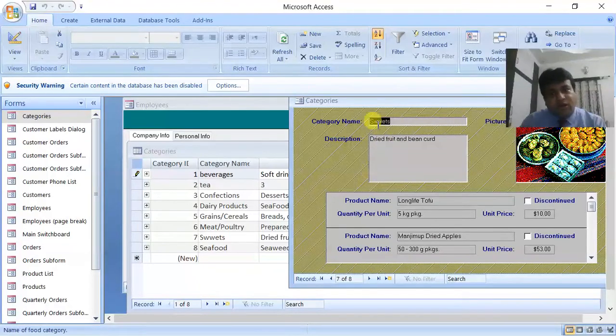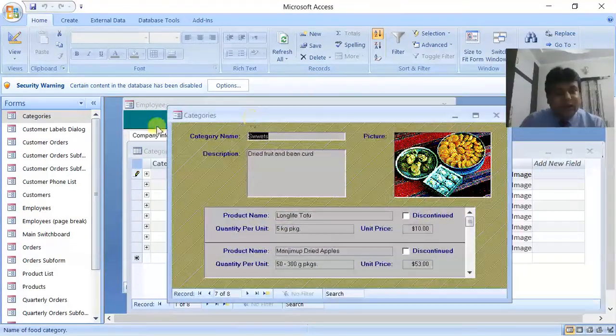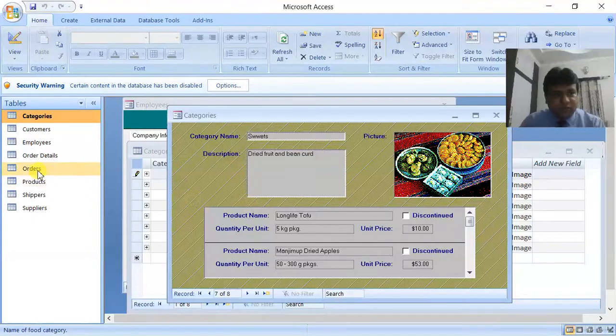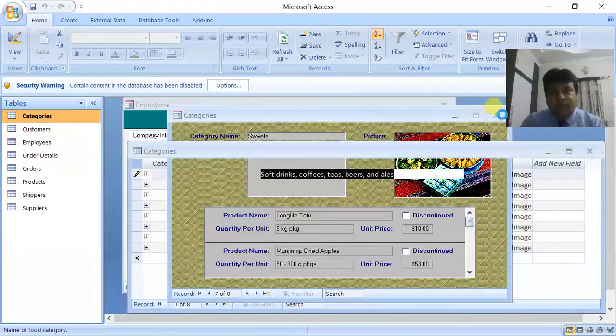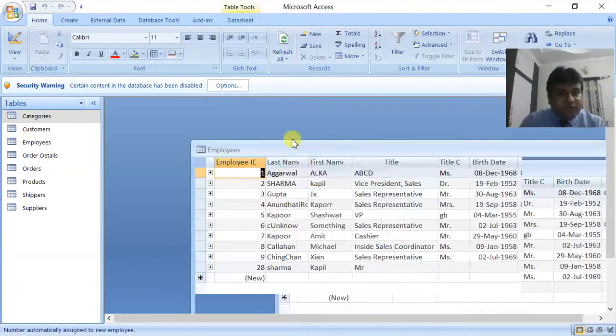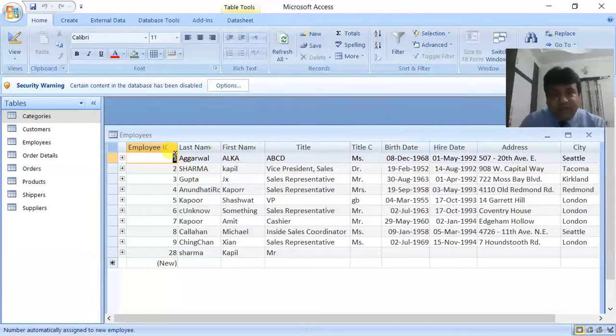Okay. So I hope you have understood that these are the front end things, and in the back end there are 8 tables. Okay. So now the question comes, why 8 tables? Why not 18? Why not 80? Or why not one table? So this is the main question. And what is a table? A table is a two-dimensional database object which consists of rows and columns. Like this is the employee ID column, this is the last name column, the first name column, and this is one row.